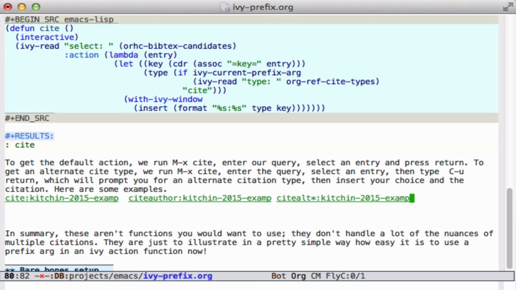So that's it for today. It's the new feature in Ivy that I hope you find